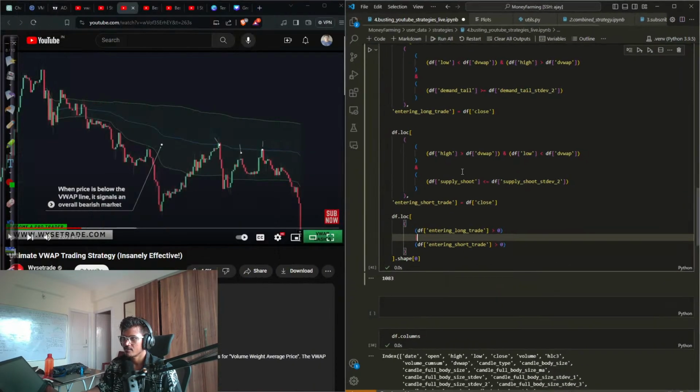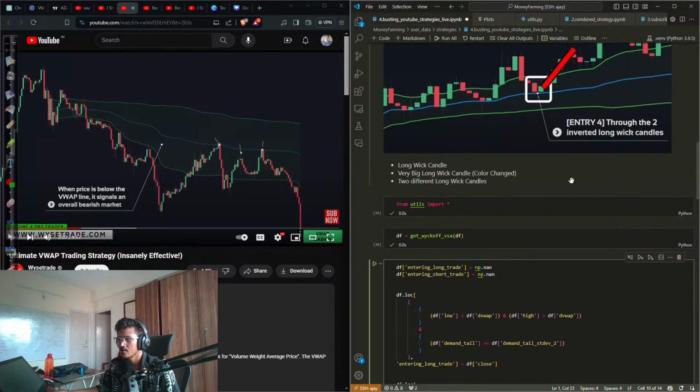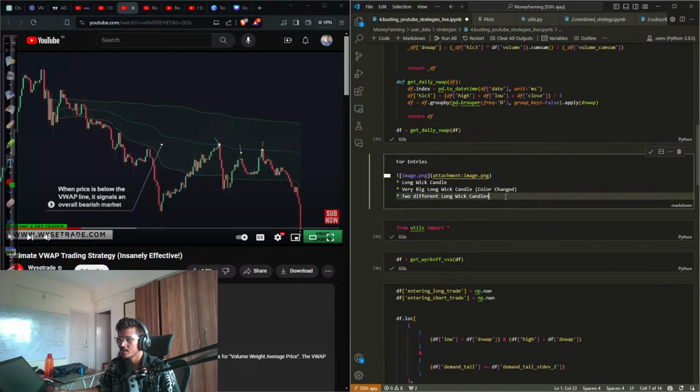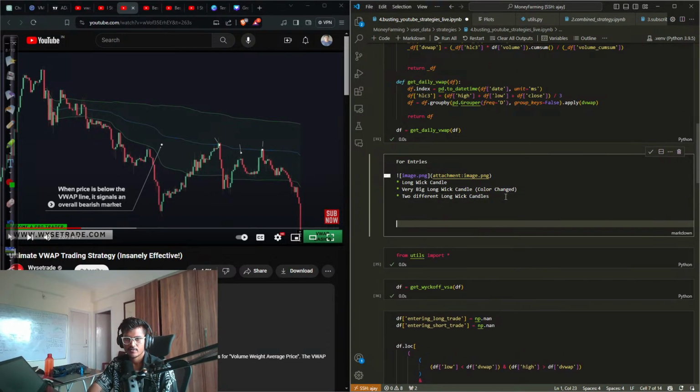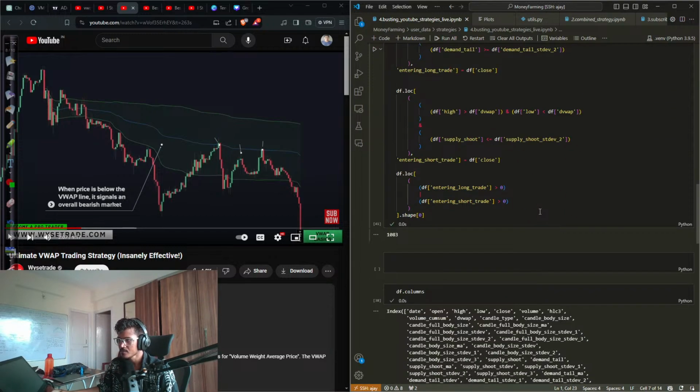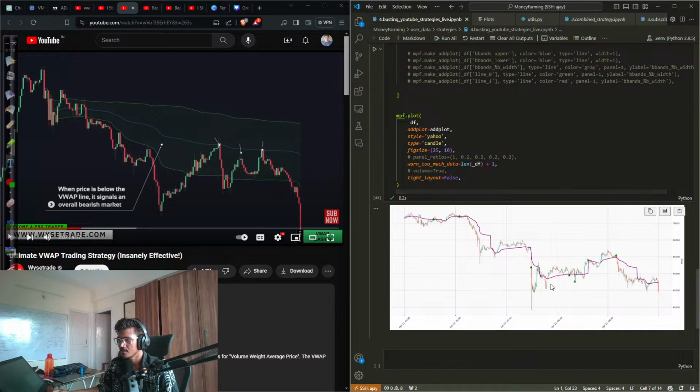So we're gonna write it down so that we have everything in the loop. So what it says is, when price is below the VWAP line, it signals an overall bearish market. Okay, so yeah, it is basically saying to us that